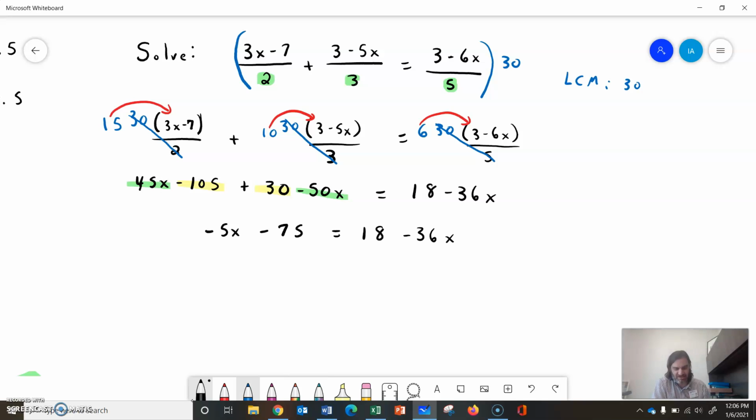I'm going to get like terms on each side. So I'm going to add 36x to both sides to get it off the right, and I'm going to add 75 to both sides to get it off the left. So let's see what that gives me. 36 minus 5 is 31x, and then 18 and 75 is 93, and I'll divide both sides by 31,